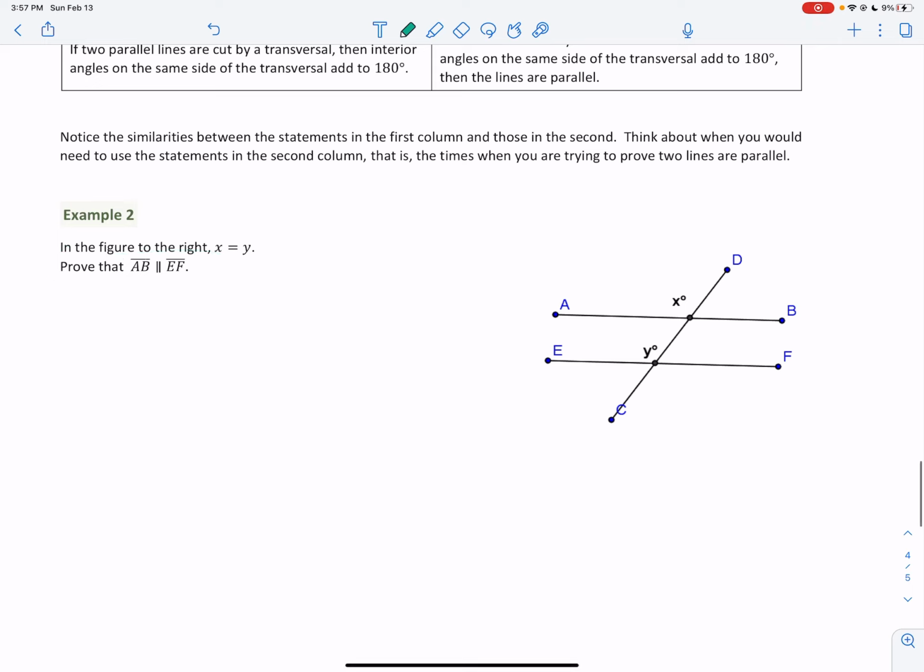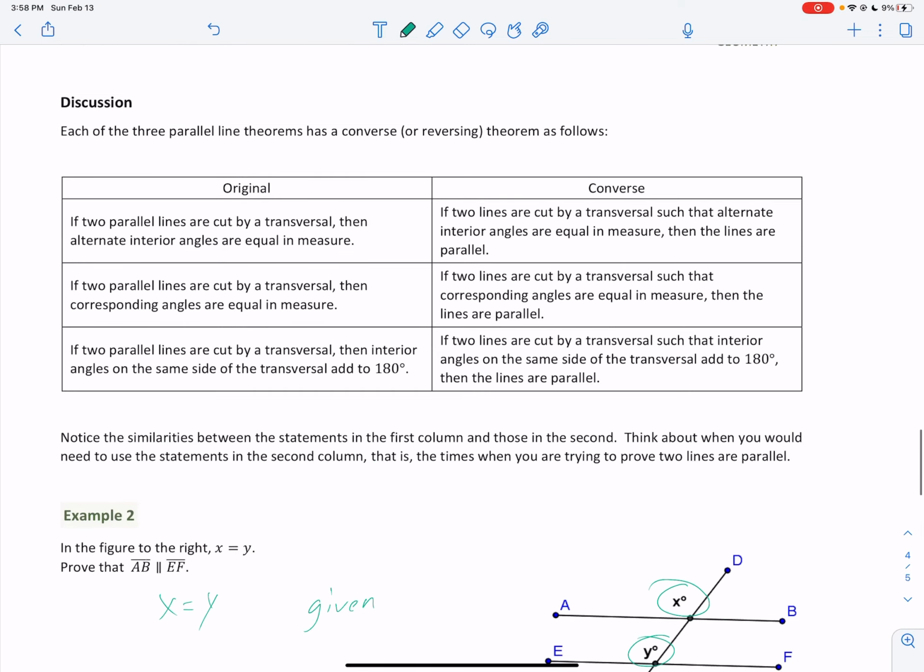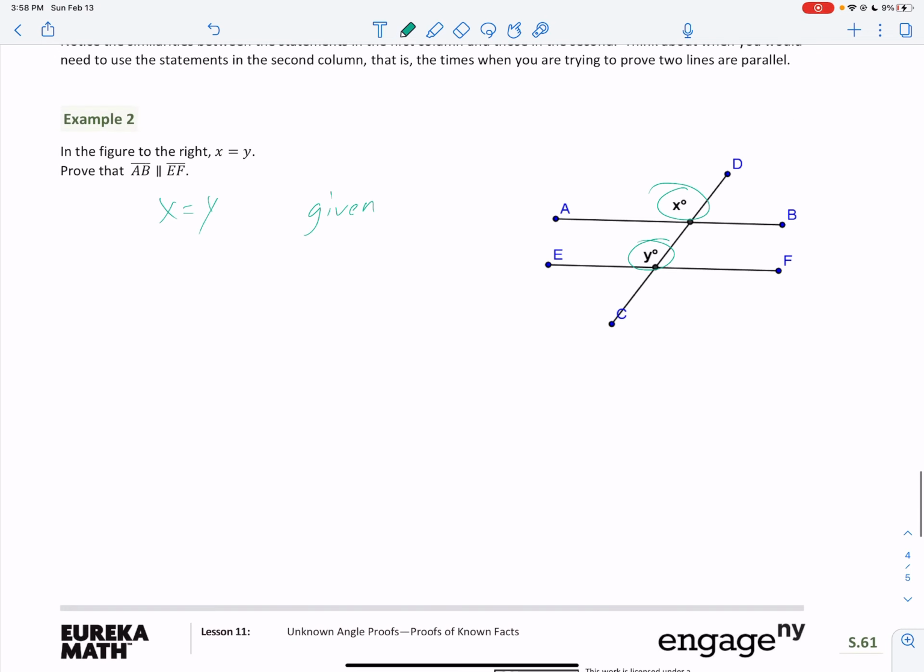What's nice about this is that we know that x equals y, because that was given. And we know that those are the corresponding angles. So we don't know if AB and EF are parallel. But since we know that we have two lines that are cut by a transversal and their corresponding angles are equal, we know that they must be parallel because of this property. That's the converse of our original statement from before. So AB is parallel to EF,